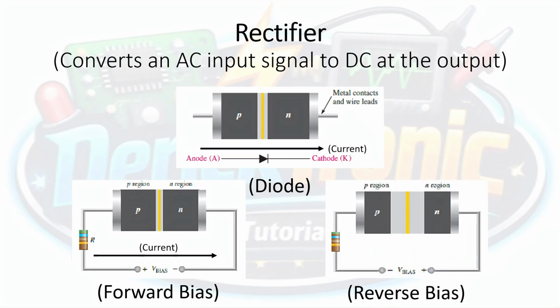When the connection of the power supply to the diode gets reversed, the diode is said to be in reverse bias. At this condition, the diode has a very small leakage current passing through it, normally in the nanoampere range. With this little amount of current flowing through the diode, we can safely assume that the diode is effectively blocking the current generated by the power supply, rendering that branch of the circuit where the diode is connected open.